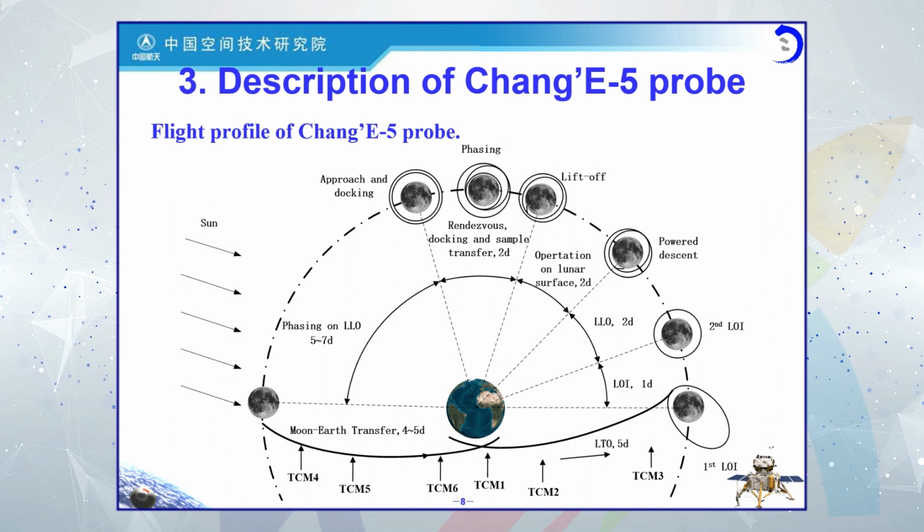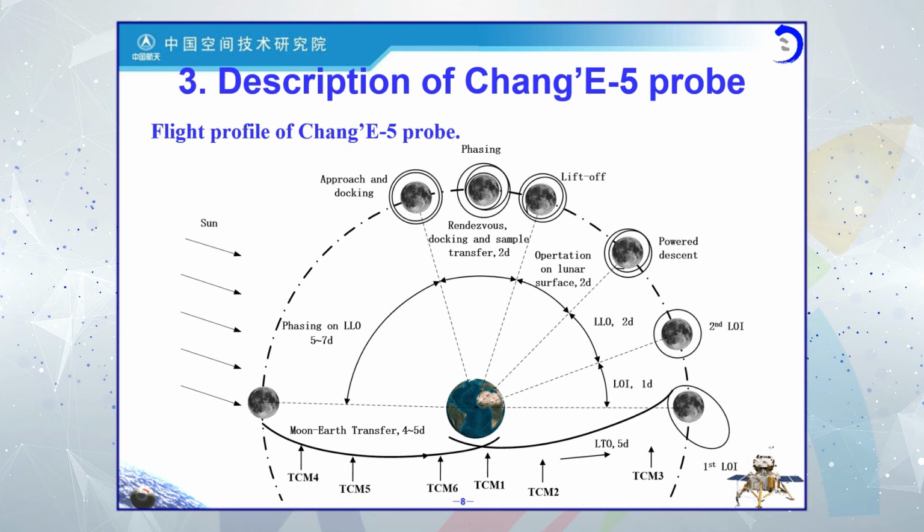Then there will be 5 to 7 days for the complex of the lunar orbiter and the return capsule to wait for the Transearth window. After the complex of return capsule and orbiter is injected into Moon-Earth transfer orbit, there will be another 4 to 5 days for the complex to approach